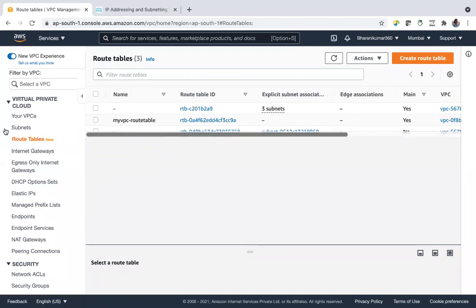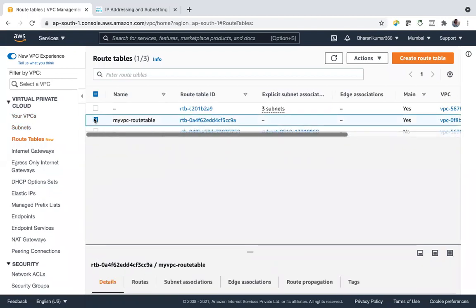And what does a route table do? It routes traffic. This route table maintains algorithms and routing tables with the list of devices, and routes the traffic inside the network and also outside the network. So without the route table, communication within the network will not happen.